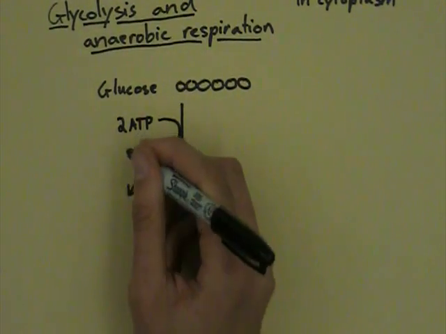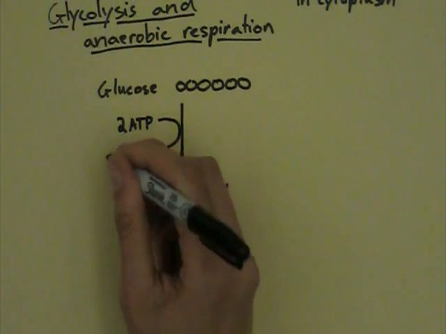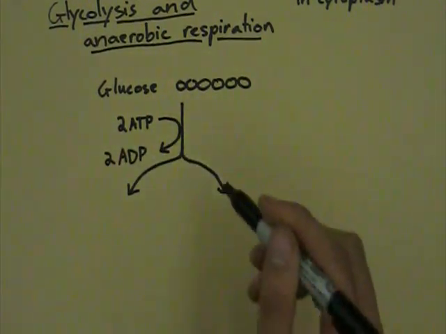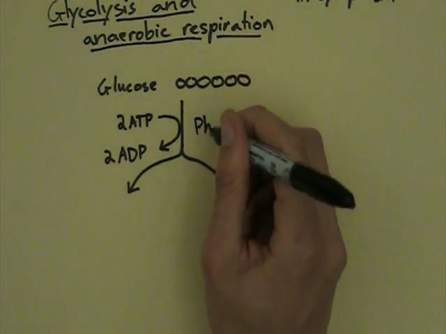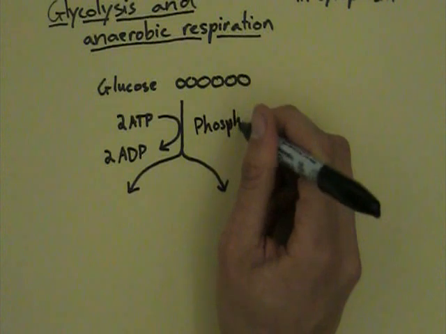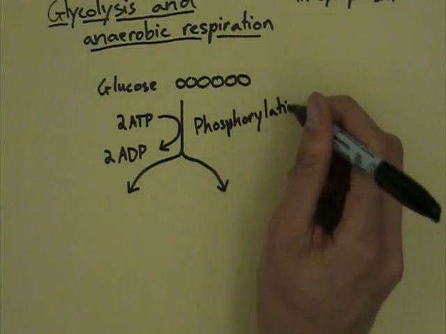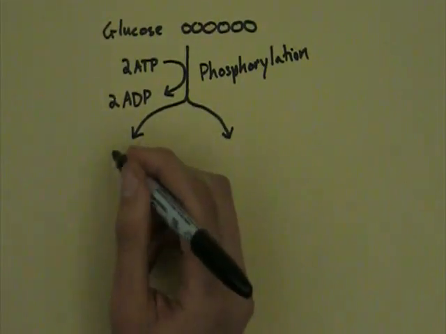And what we're doing is we're phosphorylating the glucose molecule in order to make it more reactive. So this is a process called phosphorylation. Like so. Now we produce 2 3-carbon intermediaries,